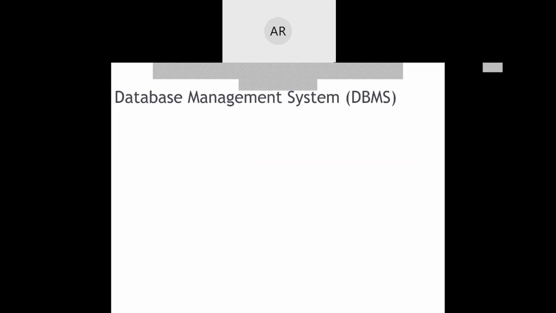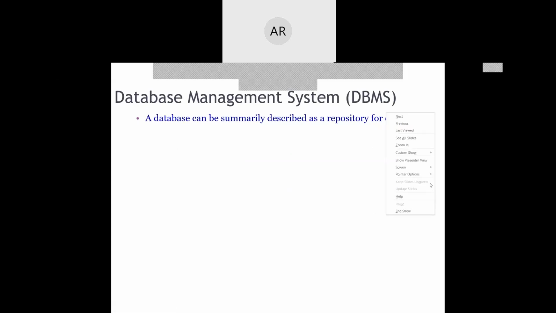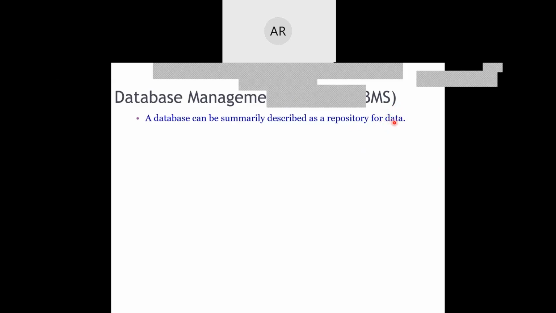Starting with what is a database management system, I'll not be going into detail about it. A database can be considered as a simple repository of data. But it's not just a repository of data, it's actually a set of tools, a set of commands which make use of this data so that the data can be retrieved and used in the best possible manner.